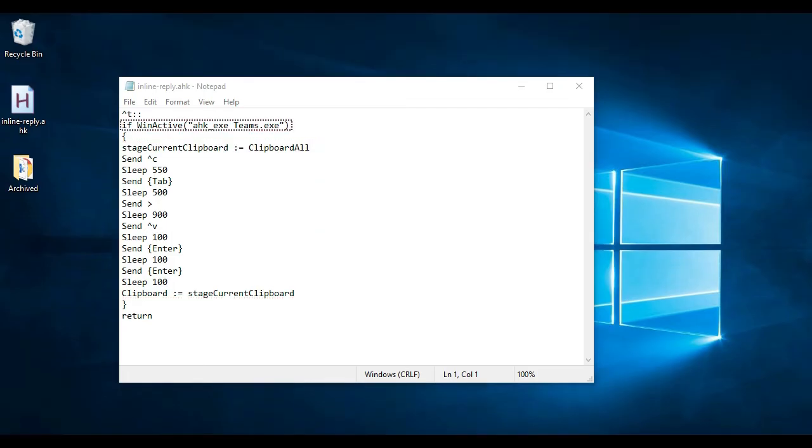In this automation, I am going to perform copy-paste activities with the clipboard. So I'm going to programmatically trigger copy and paste. In such a case, I don't want to corrupt the existing data that is already in the clipboard, because we don't want to give the user an experience where they cannot find their clipboard content. So I want to retain whatever is in the clipboard. For that reason, I'm capturing the clipboard data into a temporary staging variable with the intent of replacing the clipboard later, once I complete all the tasks.